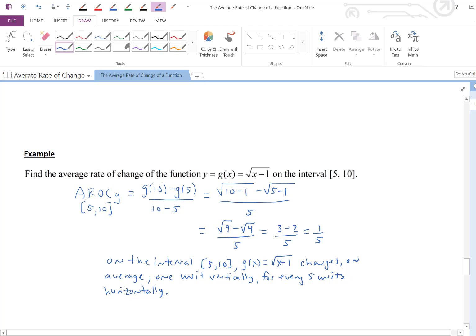Or equivalently, you could say that for every 1 unit horizontally, it moves up 1/5 of a unit vertically